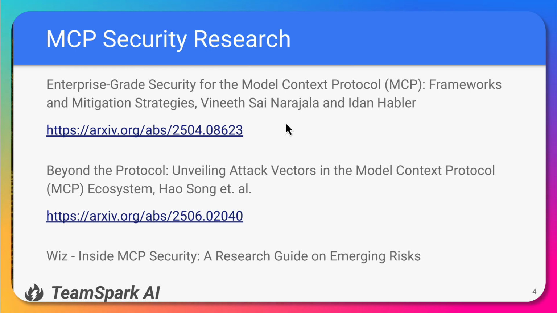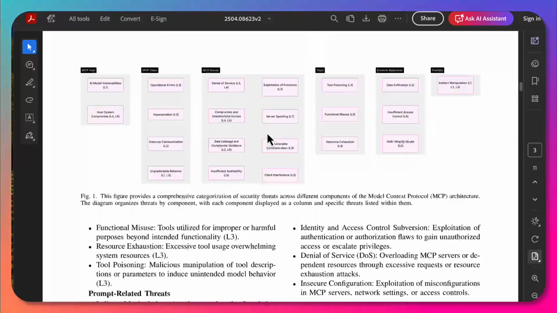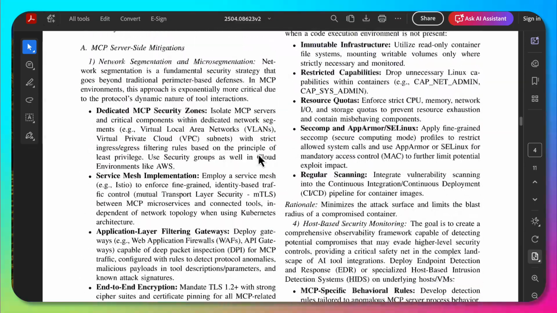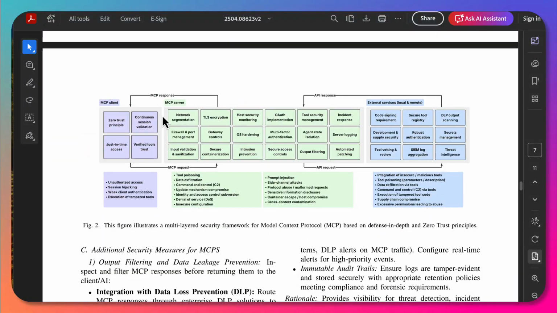This is an awesome paper, and I'll just very quickly give you some of the highlights of how it's organized. They basically took traditional cybersecurity frameworks and applied that to MCP, the MCP model, and the kinds of vulnerabilities and attacks that are possible. They broke it down by component here, and then later on, they give you a whole framework showing you, at each level of the MCP stack and LLM stack, where different kinds of mitigations and security